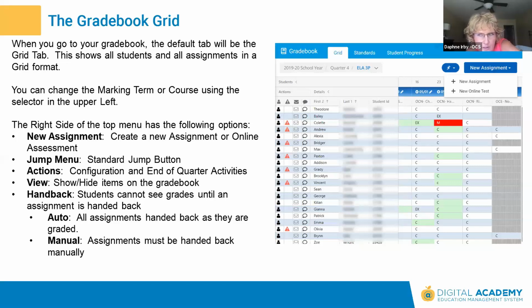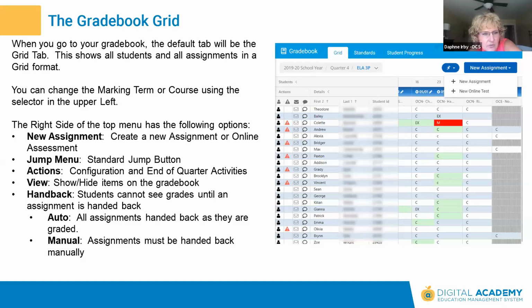So students and parents cannot see the assignment until it's been handed back. So if as teachers, you don't want the parent or the student to see the graded assignment until a certain day, like on Fridays or whatever, then you would set it on manual and then you would hand back